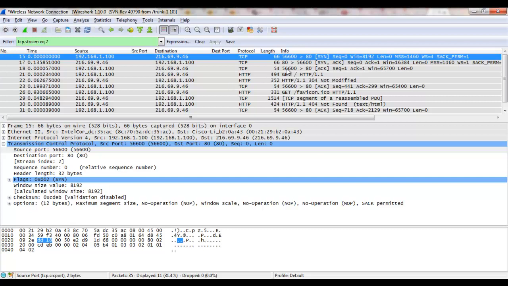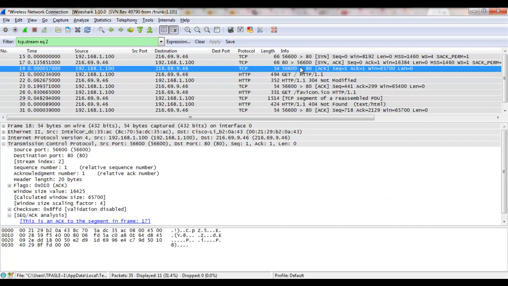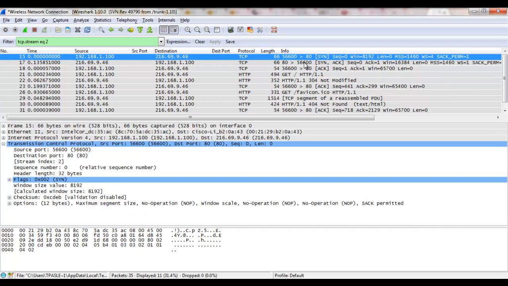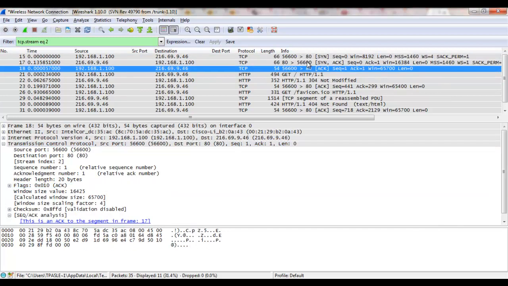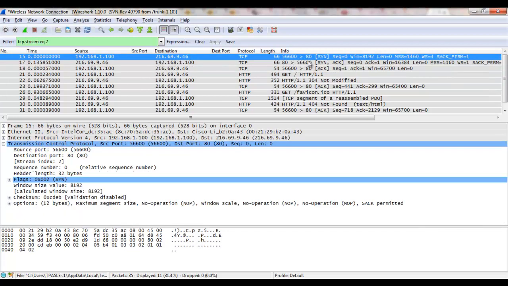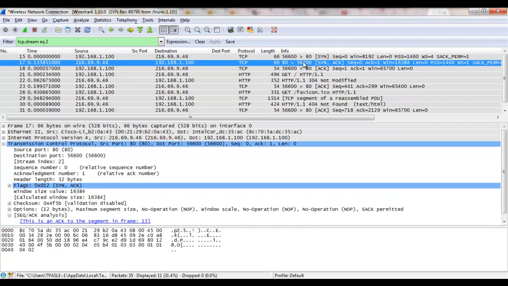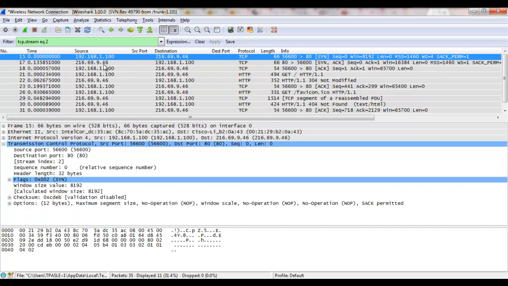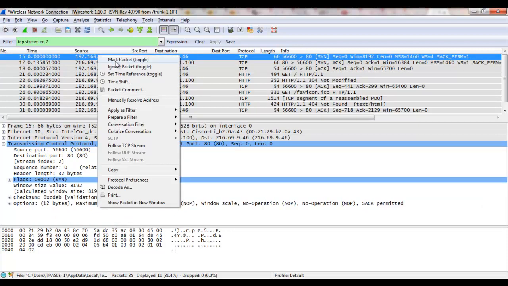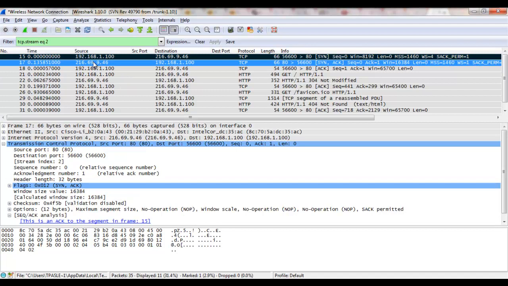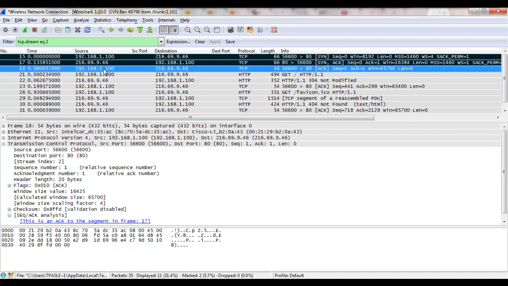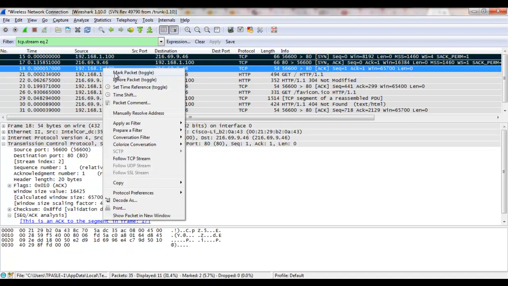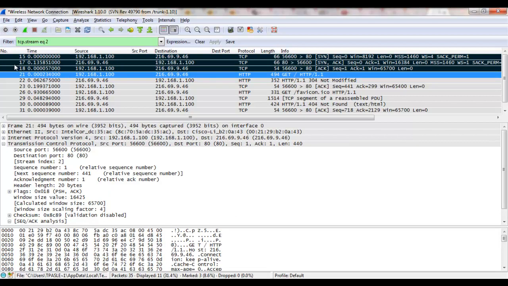What I want you to do is access my web server, record this in Wireshark, and we're going to pick out some numbers here in the three-way handshake packets. Now, something you might want to do is we can just mark these three. Right click, mark packet. So I've got three marked packets here,